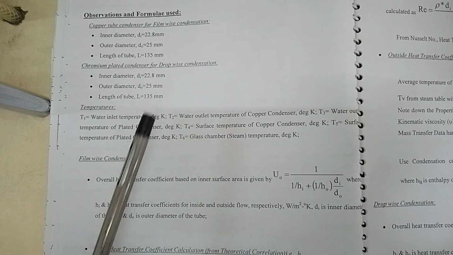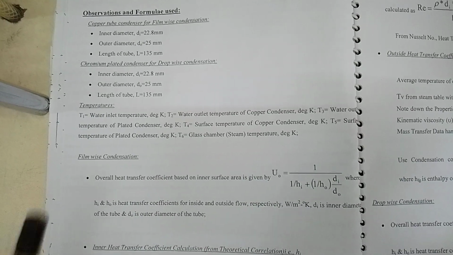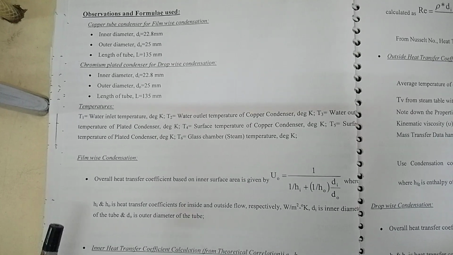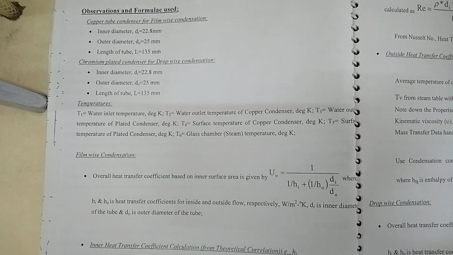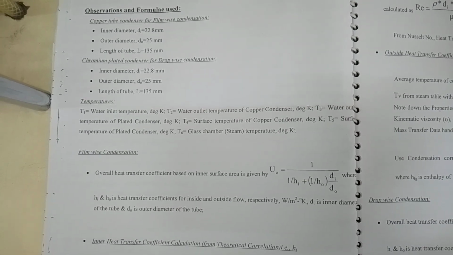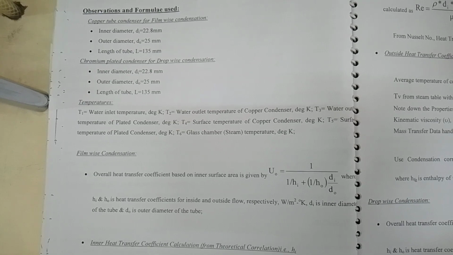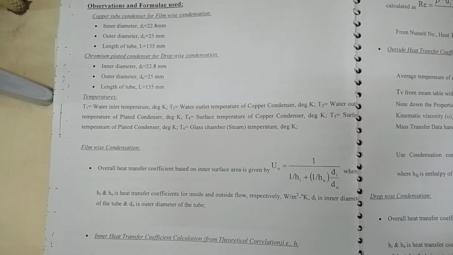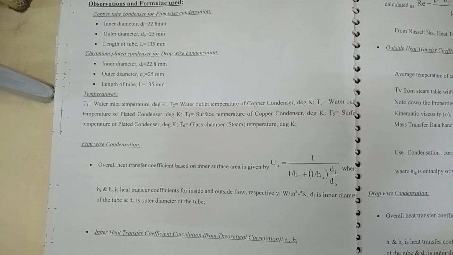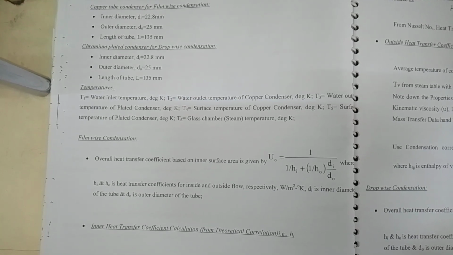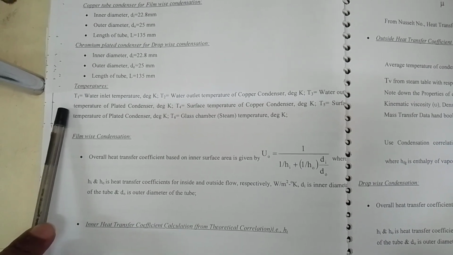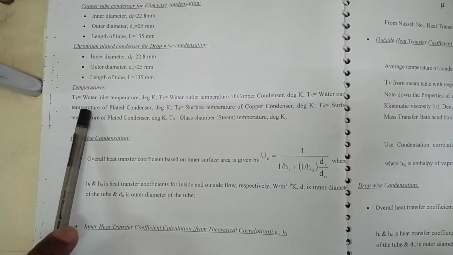The inner diameter is 22.8 mm, the outer diameter is 25 mm and the length of the tube is 135 mm. Here you can see the materials taken for dropwise and filmwise: for the filmwise it is a copper tube and for dropwise it is chromium, but the dimensions remain the same. So here T1 is the temperature you have noted down, the water inlet temperature